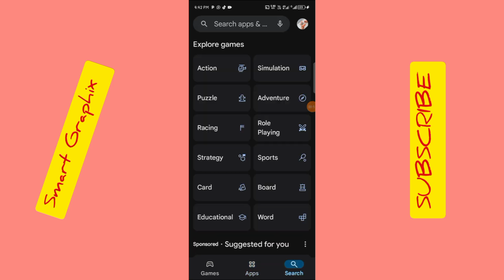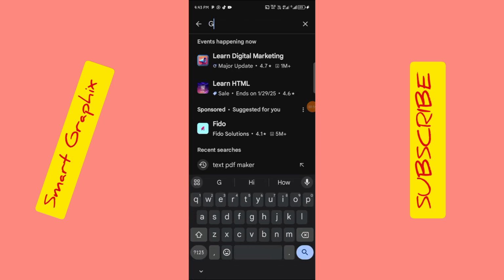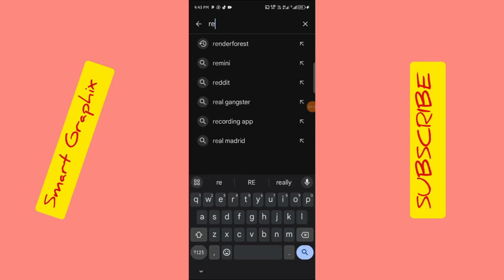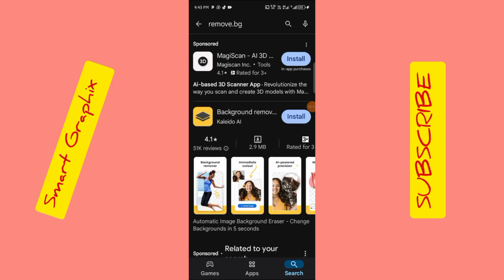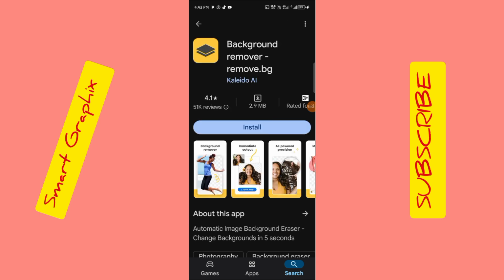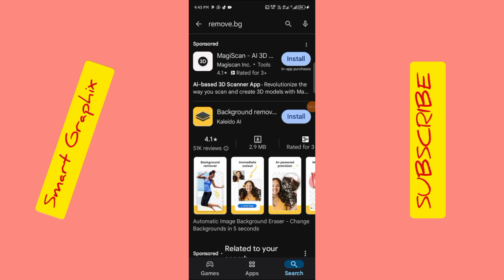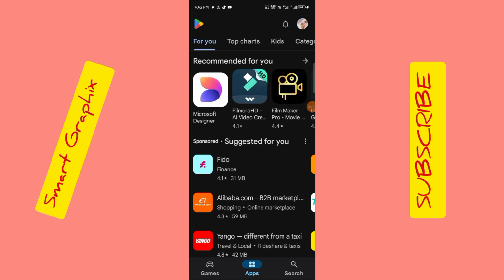Come to Play Store, type remove.bg, then you search for it. The app will come, you download this one, then you install it with just 2.9 megabytes, or you can go and use the